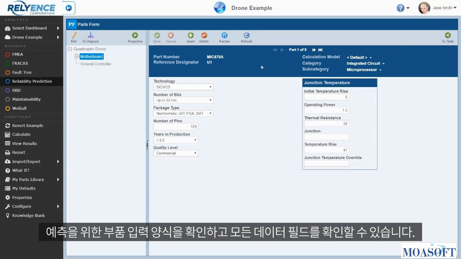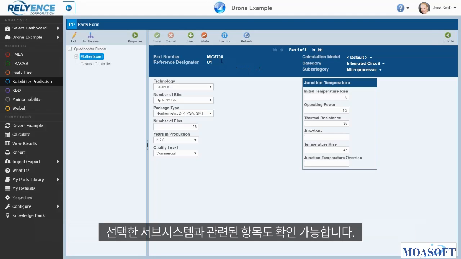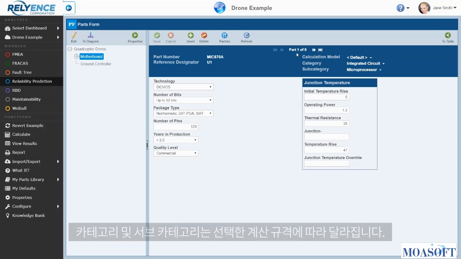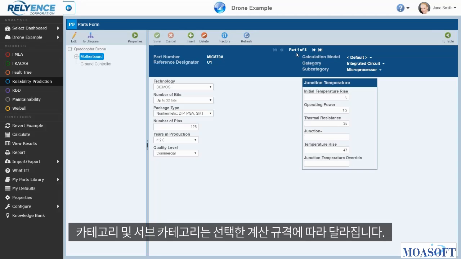Now we're viewing the parts form. Here we can see all of the data fields available for the selected part. We can also see navigation buttons here to step through the different parts associated with the selected subsystem. Note that the data fields for each category and subcategory combination